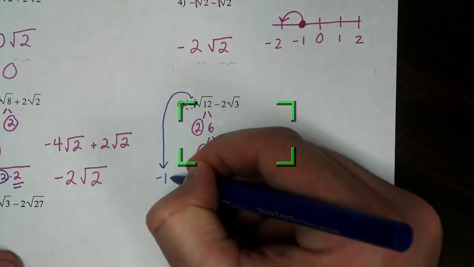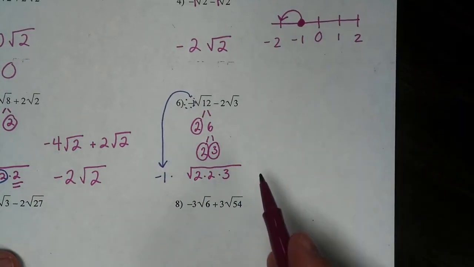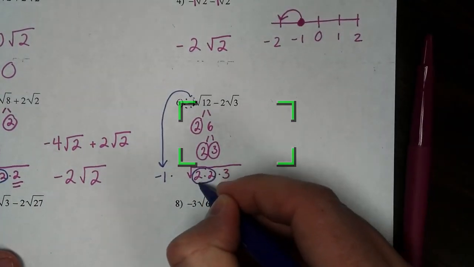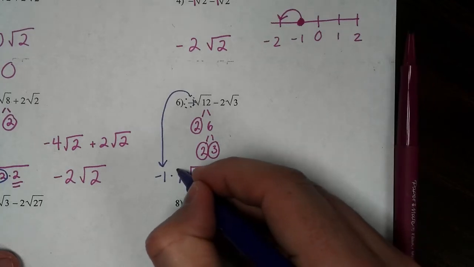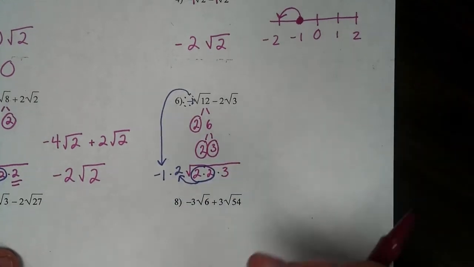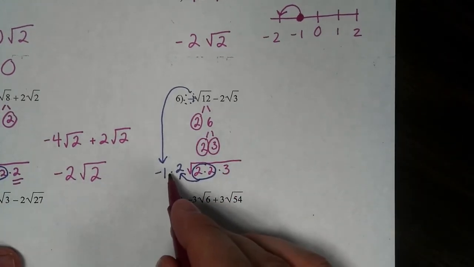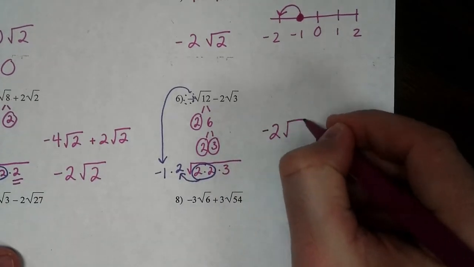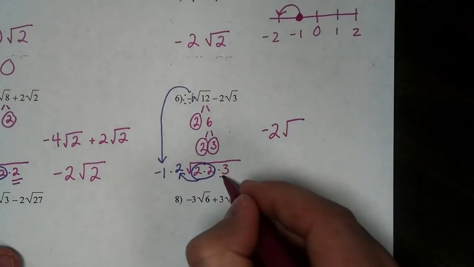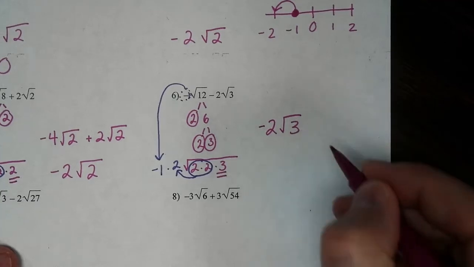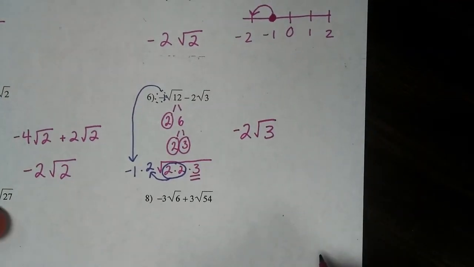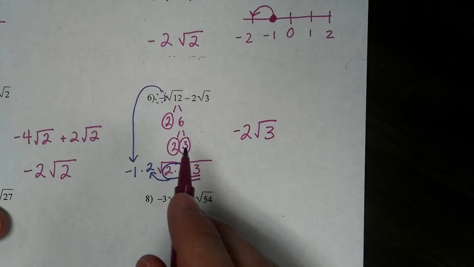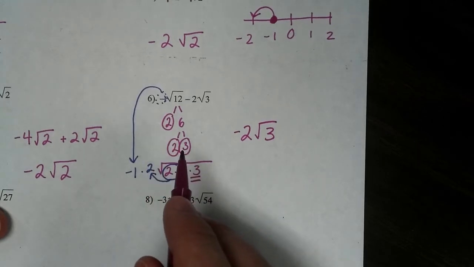So that's negative 1 times. And then do we have any pairs? Absolutely. We have a pair of 2's right here. That comes out to be a 2. So notice, what is negative 1 times 2? Right, that's negative 2. What's left inside the radical is the 3, so we put the 3. All right. Again, just go back and listen, and if you didn't understand that, rewind the video and go back and watch that again